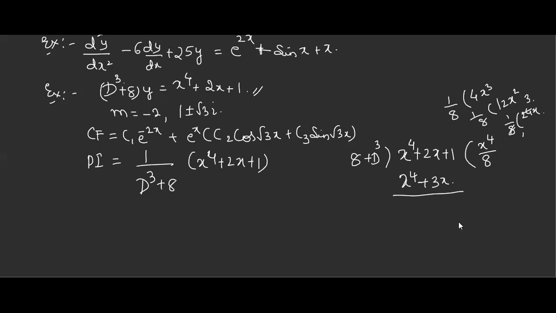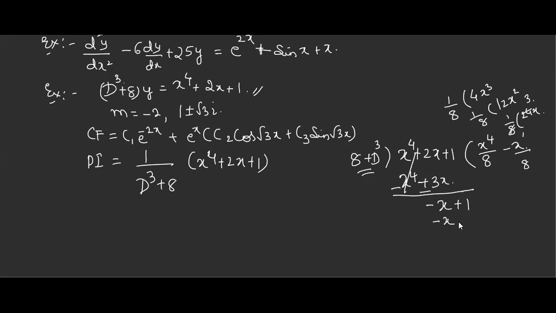Here there are 3 terms, but in the divisor we have 2 terms, which means we'll get 2 terms only. Correct? Change the sign. So this will go: plus 2x minus 3x is minus x, 1 plus 0, whatever it is, plus 1. Now again, below minus x, what do we want? We want a minus x. So what to take here? Minus x by 8. Very good. Minus x by 8.